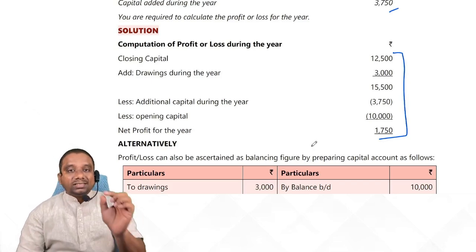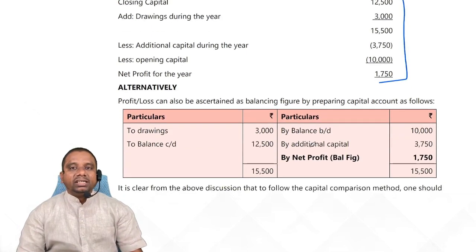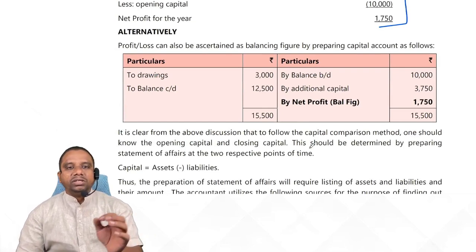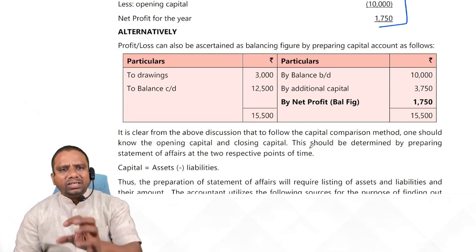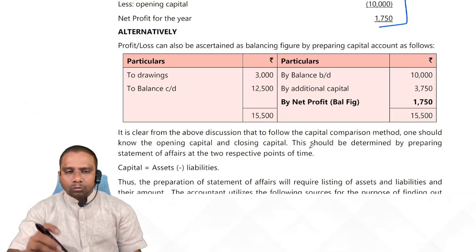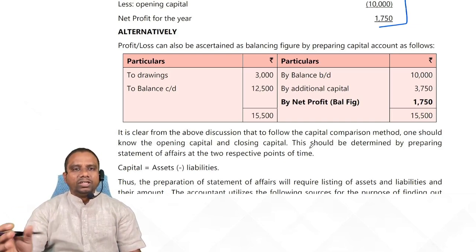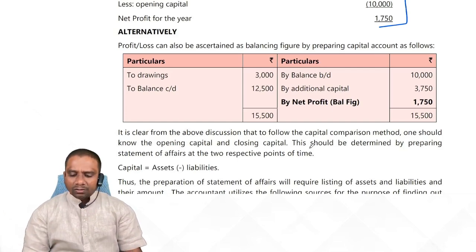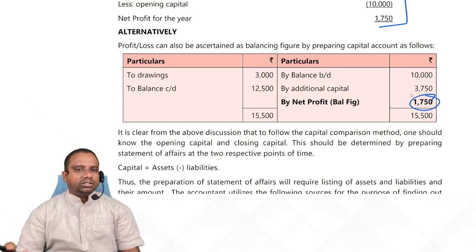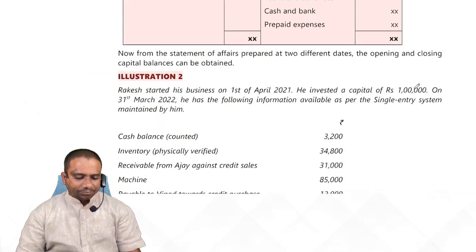Is it clear? The same can also be presented in an account format, that is nothing but the capital account. If you prepare the capital account of the proprietor, then you can calculate profit or loss. The balancing figure in the capital account is nothing but your profit or loss. You can check it once. Next one,